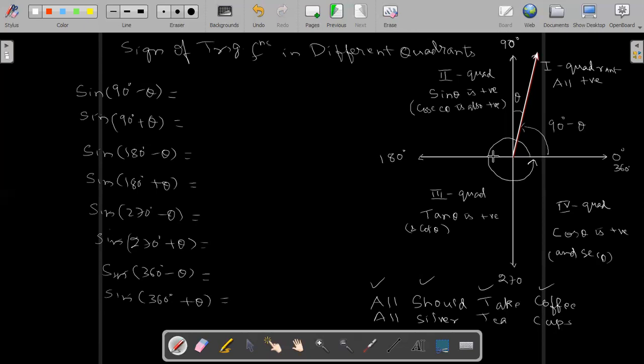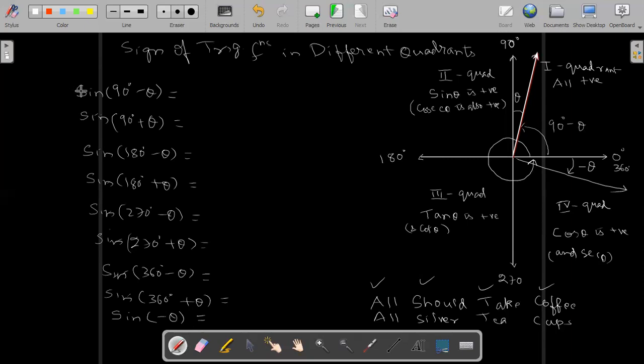One more thing: if we move in the opposite direction, the anti-clockwise direction, this will be minus theta. As I told you, anti-clockwise is sine minus theta. I will write it at last, sine minus theta, and in books you will find sine minus theta. So you have to remember this.